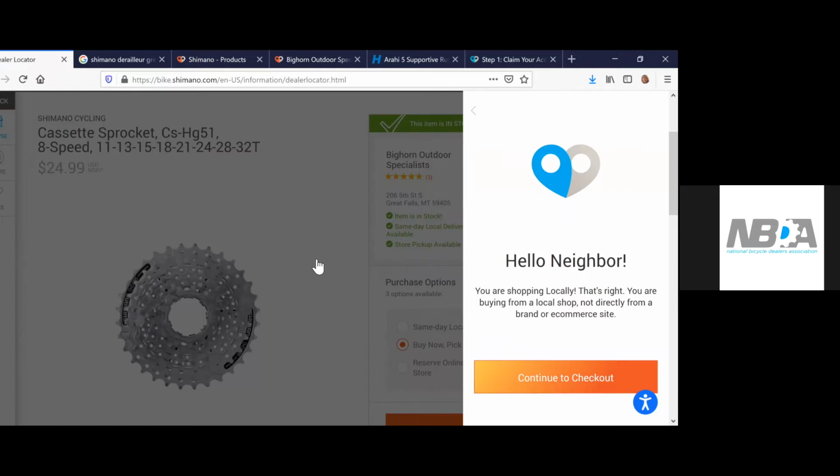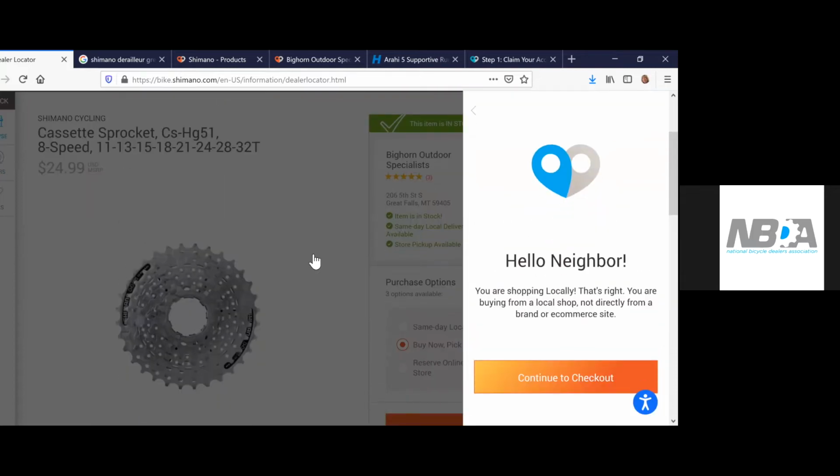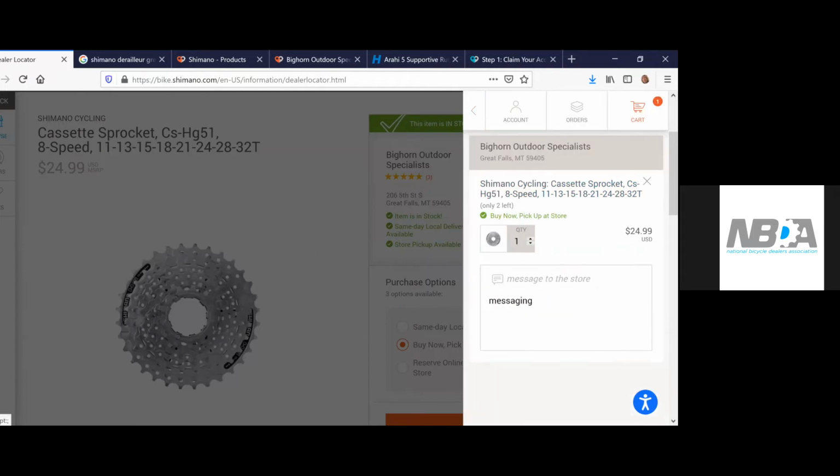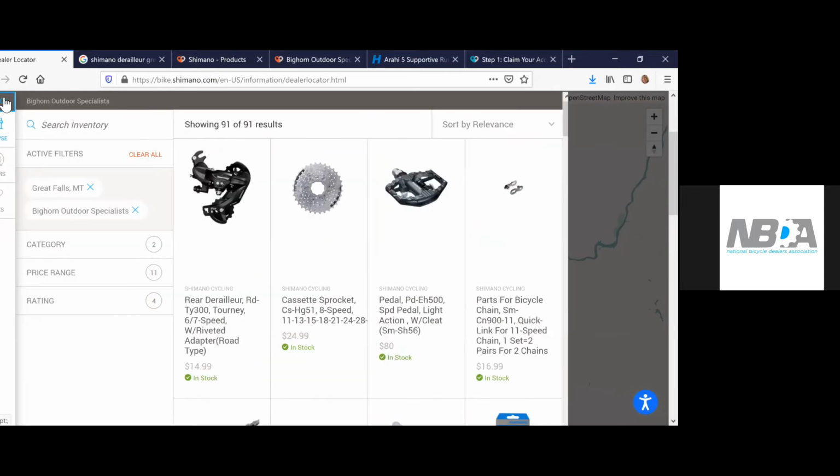Sorry, my computer is being a little bit slow. That's where I would have the ability to enter credit card information, my own information, and so forth. And the order would be sent to the retailer to confirm.